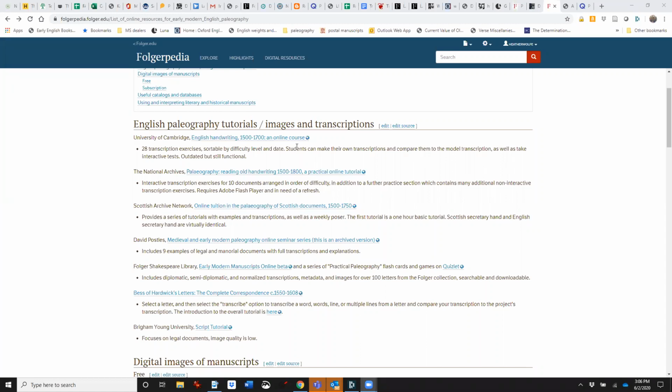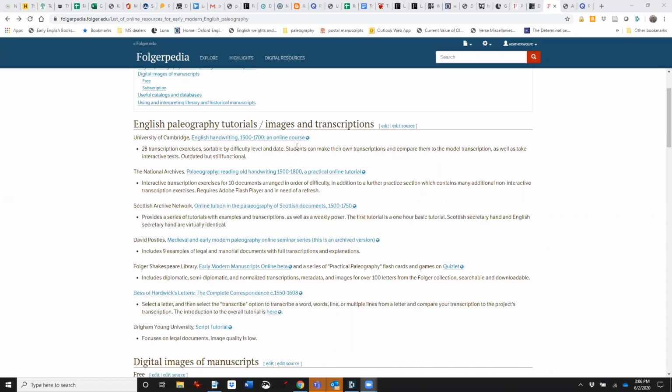Each of them contains a lot of the same or overlapping information, but it's useful to check out the different ones because the way they do it is slightly different for each one, and they use different manuscripts, and there are different levels of interactivity.